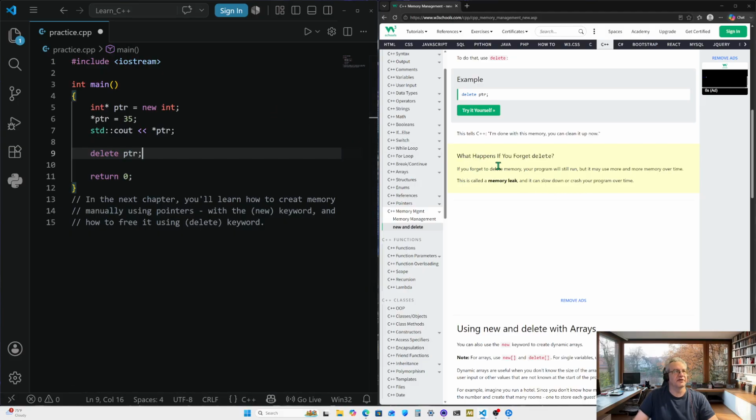There's a little comment section here. What happens if you forget to delete? If you forget to delete your memory, your program will still run, but it may use more and more memory over time. So this is more like a warning right here. Basically saying that if I was to run this without the delete in there, I think,